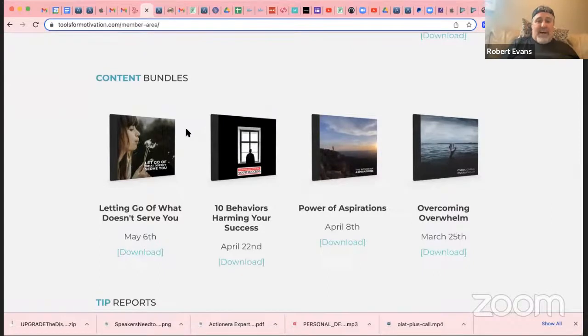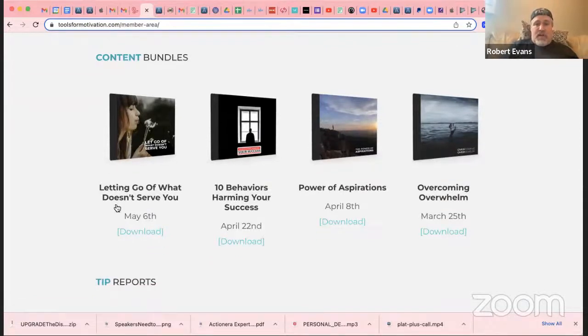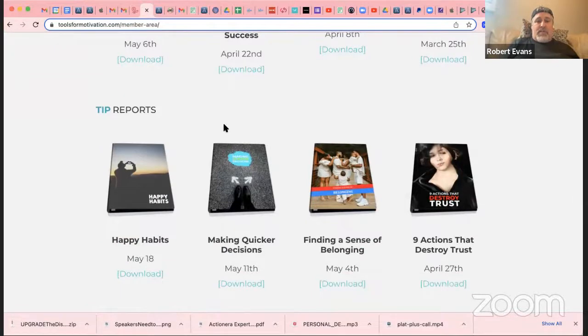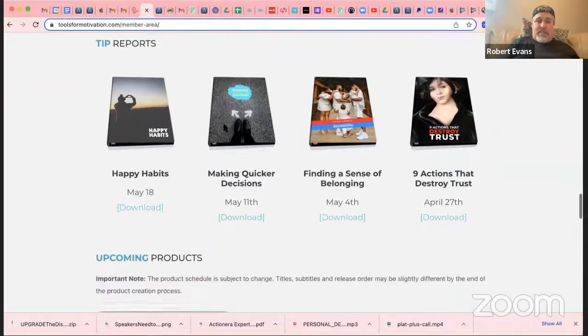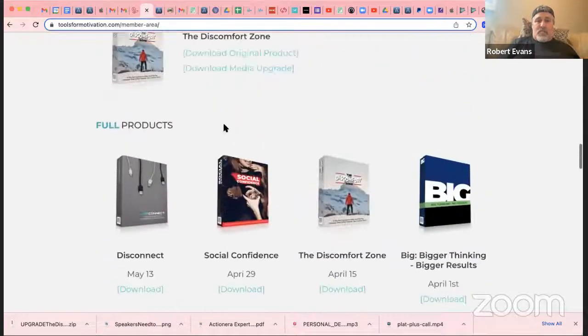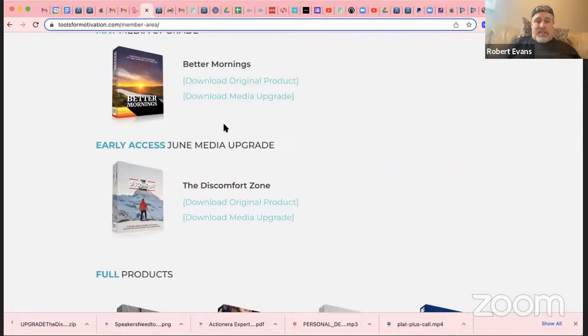You get 4 content bundles, which we use for topic generation. So there's a bunch of ways you can use those inside the app. And then they also give you 4 tips reports, which are simple little tips and posts that you can do. So you get 12, 13 different programs every month.